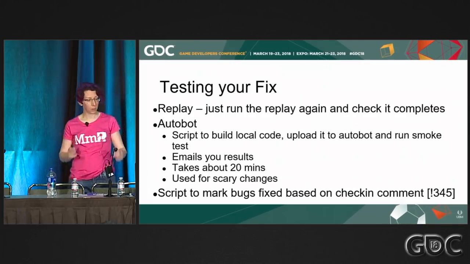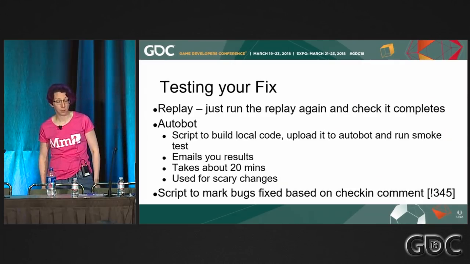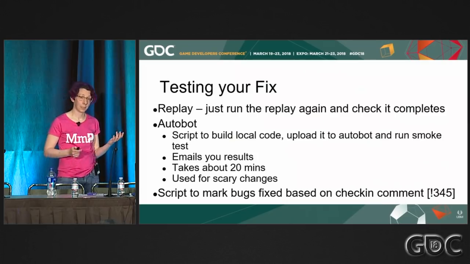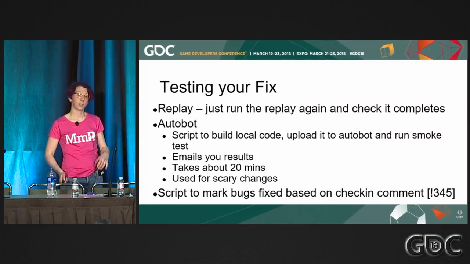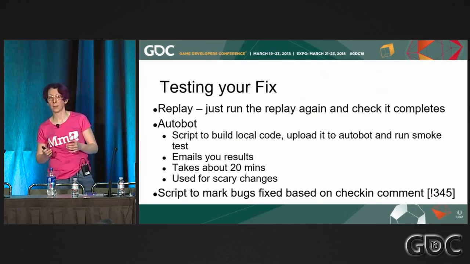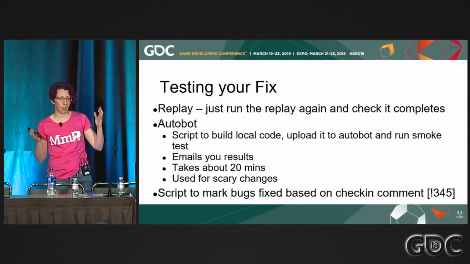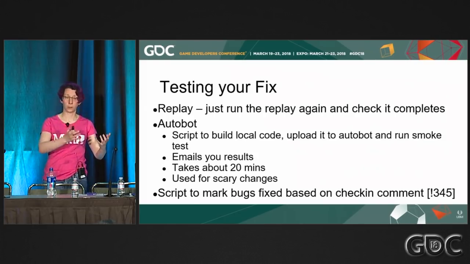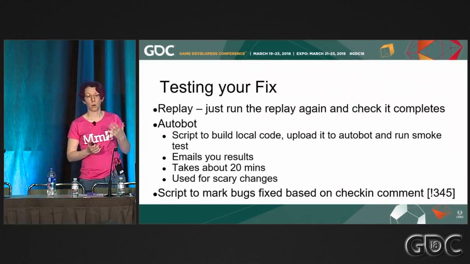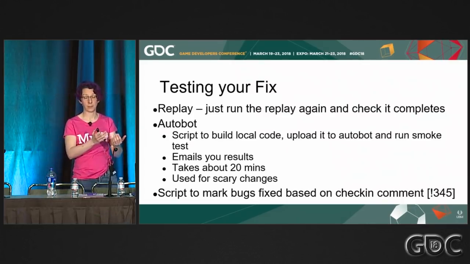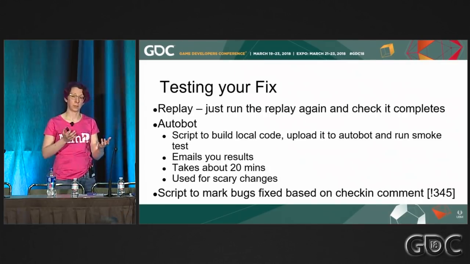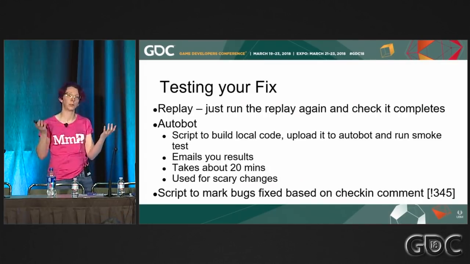And we also have a script to mark bugs as fixed. So previously, when you checked in a fix, you would put in your perforce check-in comment a reference to the bug that you had fixed, and a comment about what it was that you had changed. And then you would go to Jira and you would go to the bug and you would put in what perforce revision you had just submitted, which again, a bit error prone, and you would put in a comment about what you did. So you're kind of putting the same information in two places.